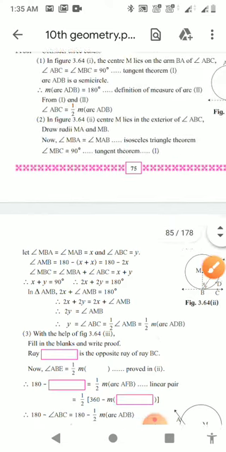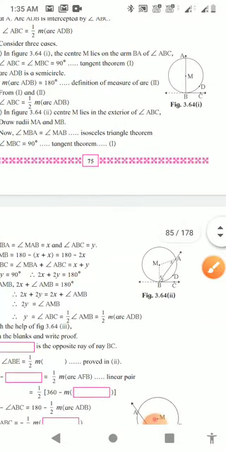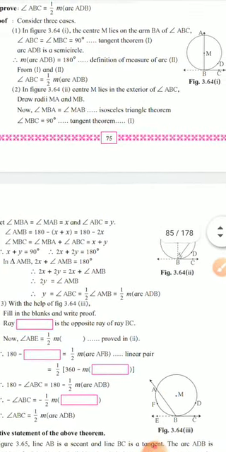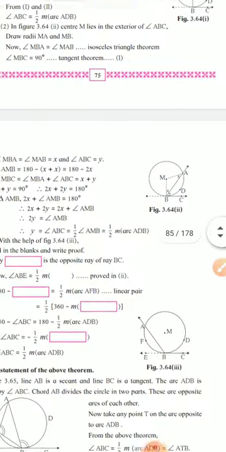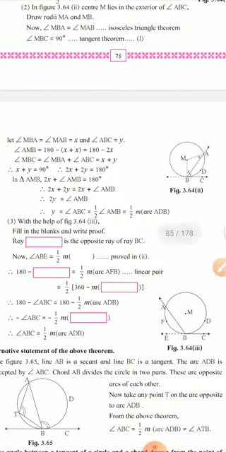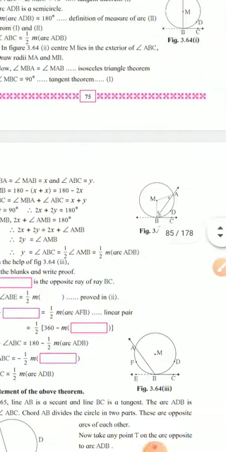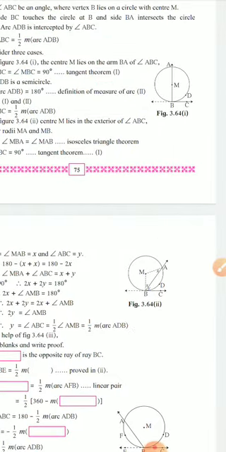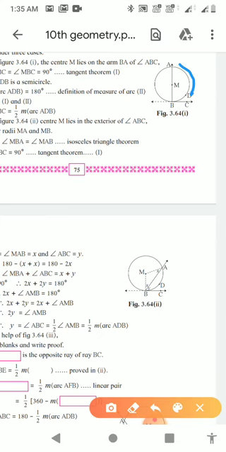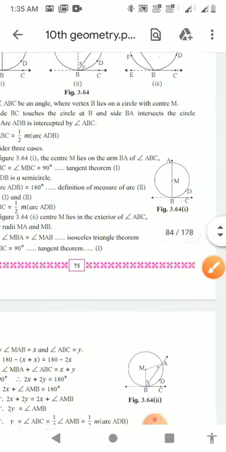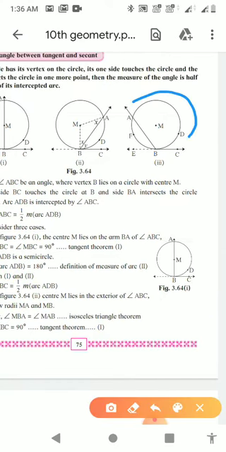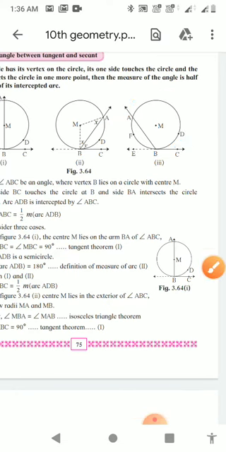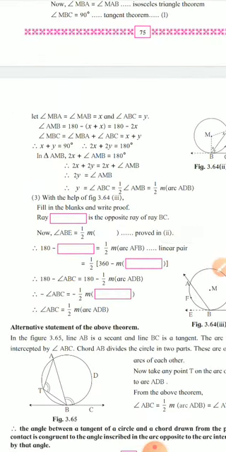Okay, so if you see this diagram you will come to know 180 minus angle ABC, which is equal to half of 360 minus measurement of ADB. So this complete arc, for this diagram, this ADB is a complete arc. Okay, so I will just have to put here ADB only. Then 180 minus ABC equal to 180 minus measurement of arc ADB.